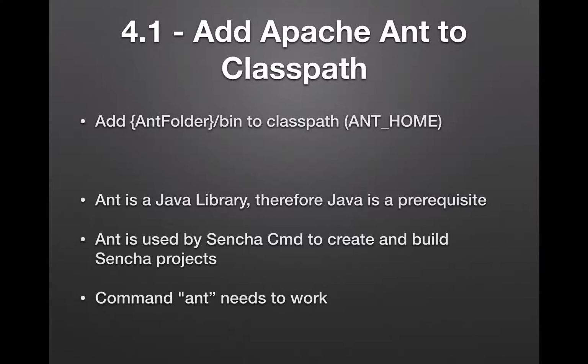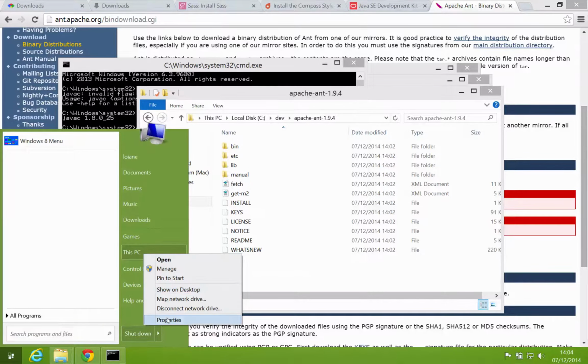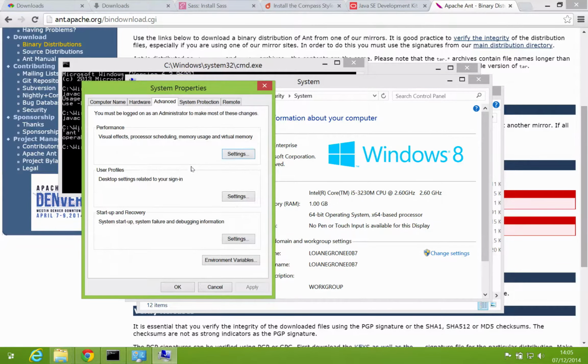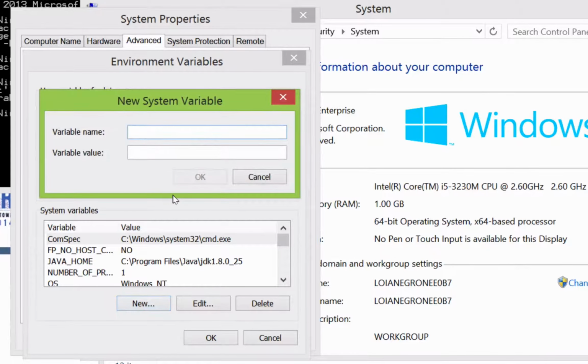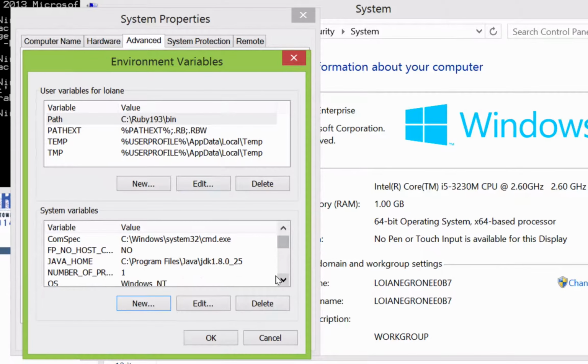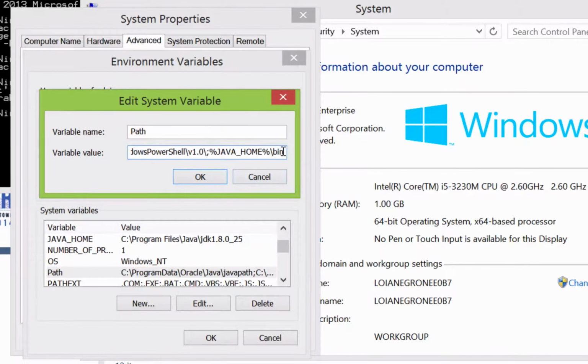So we're going to do something similar to what we did for Java. So I have here the Apache Ant folder. I'm going to copy the address. I'm going to come back here to my computer, properties, the system settings, the environment variables. Here inside the system variables, I'm going to create a new variable. I'm going to call it ANT_HOME. And I'm going to paste the address. I'm going to come back here inside the path and I'm going to add it. And here at the end, I'm going to add the ANT_HOME